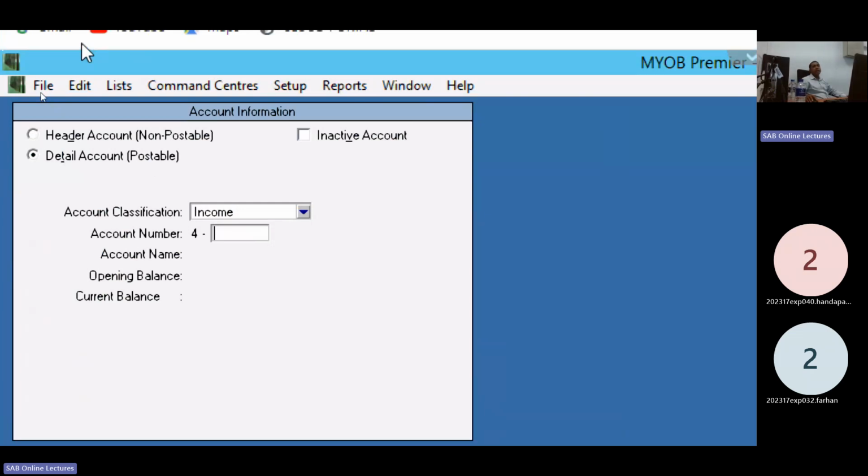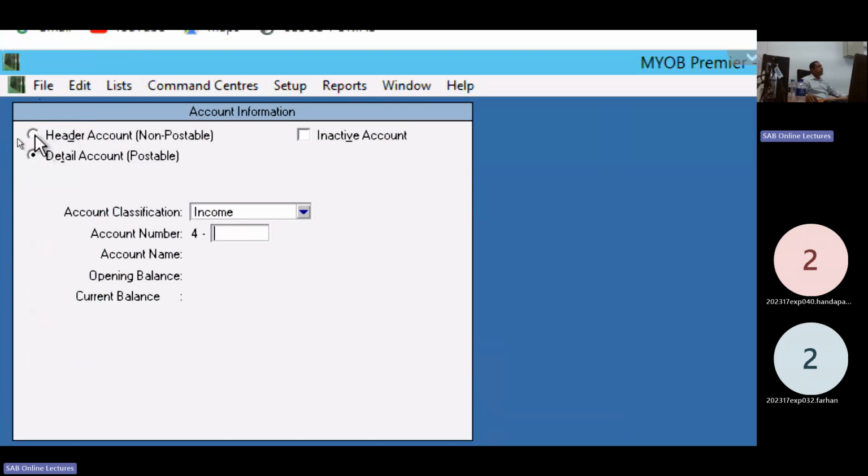There are three things. Header type, look at non-postable, your accounting student. Non-postable means you can't record transactions for this label item account. So automatically the values are taken to this account. We call it a non-postable header account.